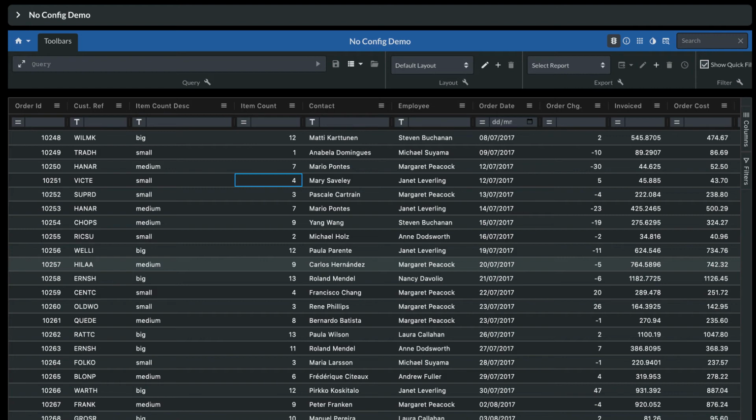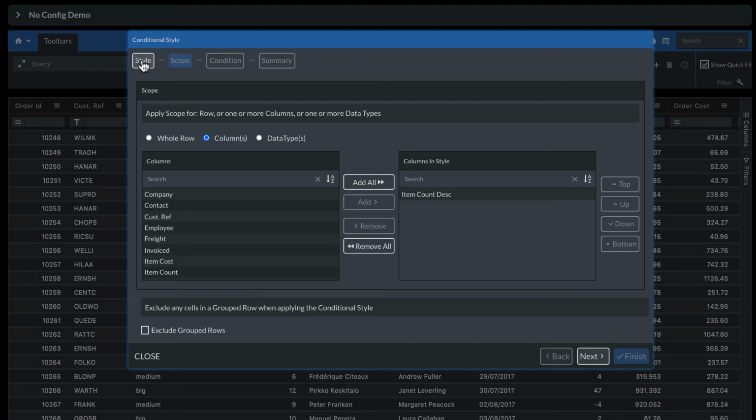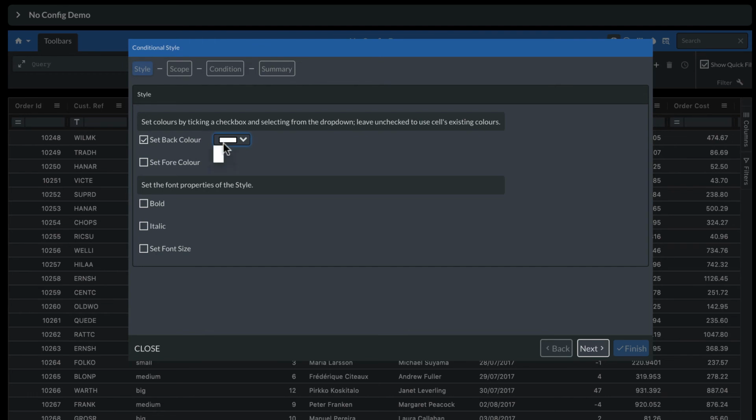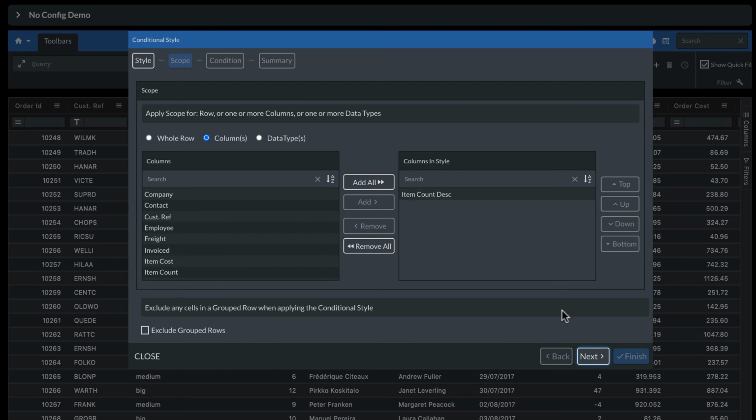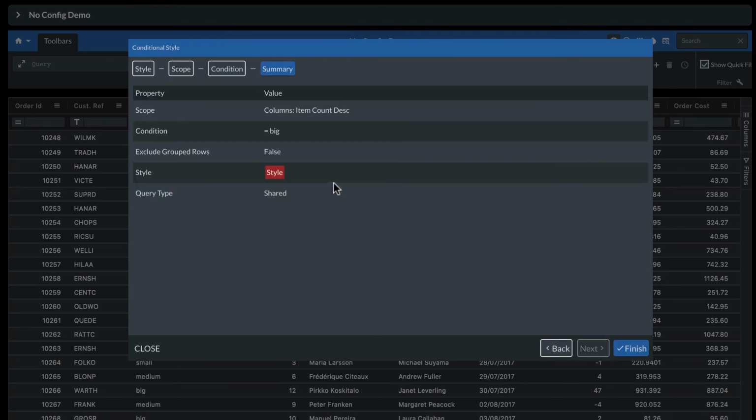And because it's a normal column, we can create conditional styles with it. So for instance, we can say, let's create a conditional style. Let's make the back color to be brown, fore color to be white. We'll do it just on this column here, the item count column. And the rule can be if it's equal to big. So if the item count is equal to big,